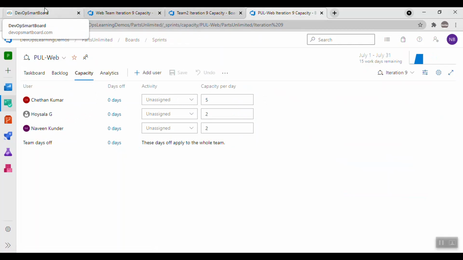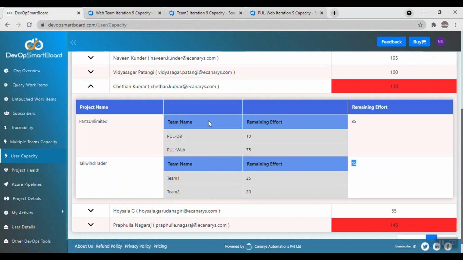So it's very difficult in Azure DevOps to get these details, but in DevOps Smart Board, I can get it at the project level, team level, and rolled up at the org level.